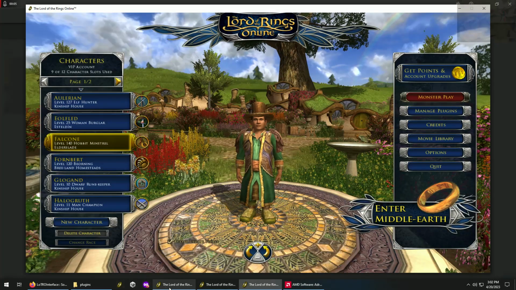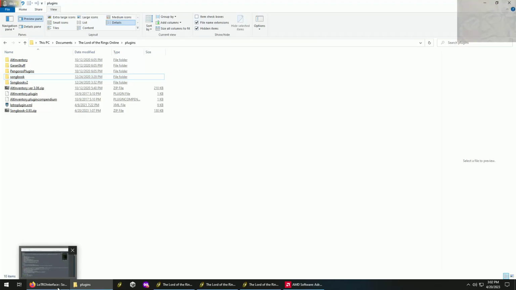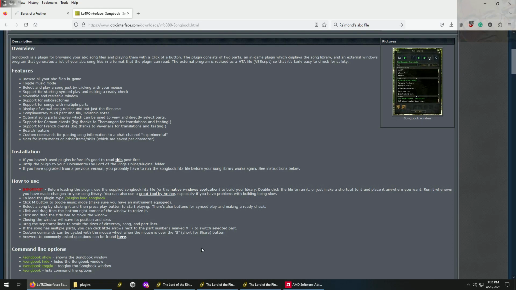Alright everyone, we're going to be talking today about plugins and specifically plugins related to playing music, because I know a bunch of people have shown some interest, and this is some information I was able to rustle up myself over the last couple years. So